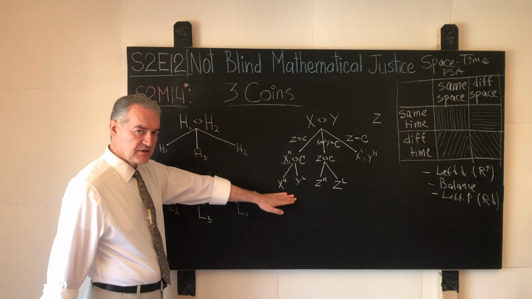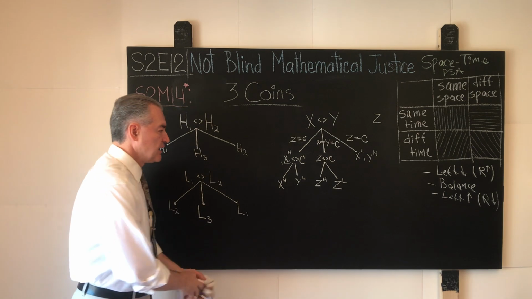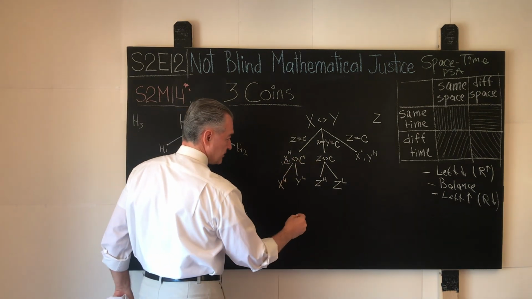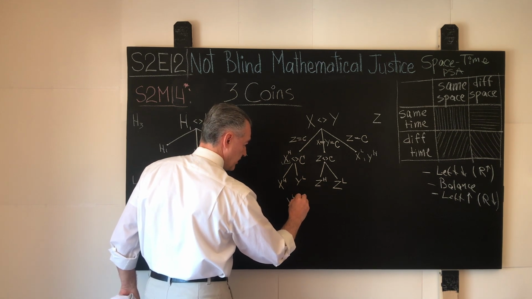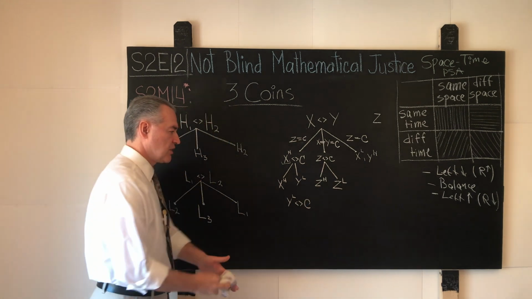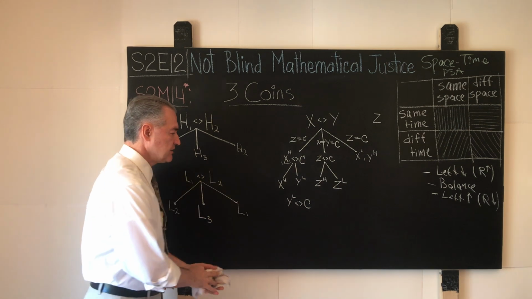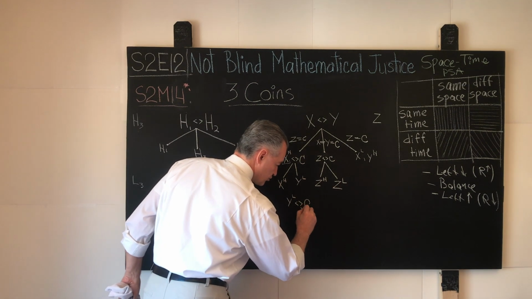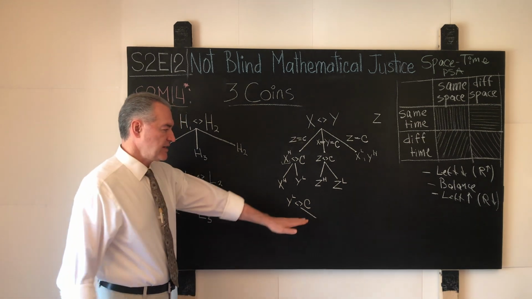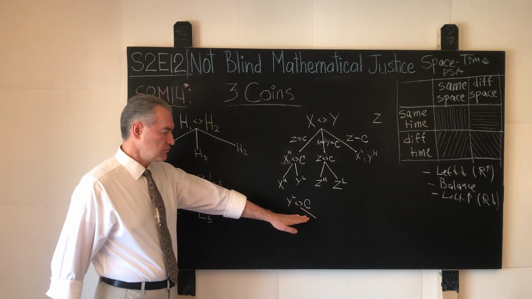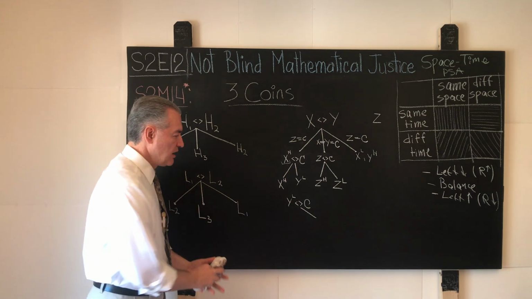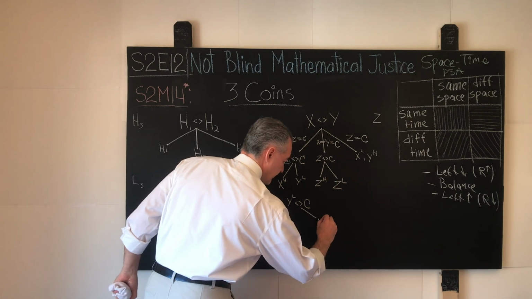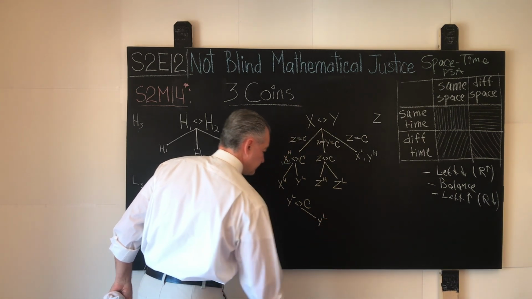And what is the second technically distinct solution? Well, in this case, I will not be erasing this, but you guys understand what's going on. We can weigh the light suspect, YL, against the control coin. And what are the possible outcomes in this case? Well, the pan that contains the control coin can go down, because in this case, the pan that contains the light suspect Y will go up. And in that case, it means that the fake coin is Y and it is light.